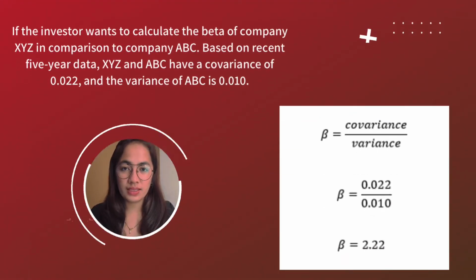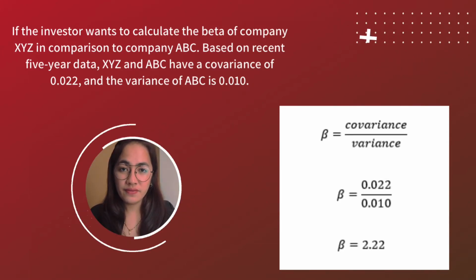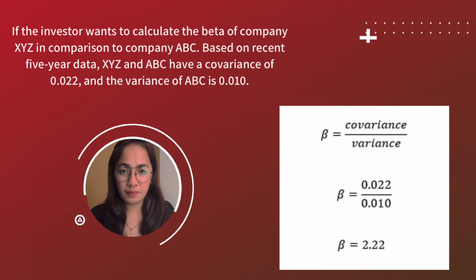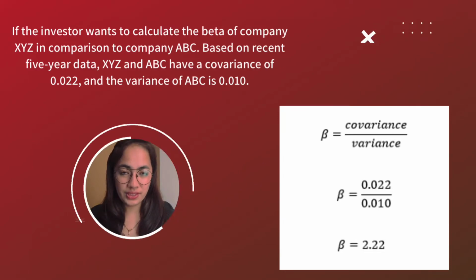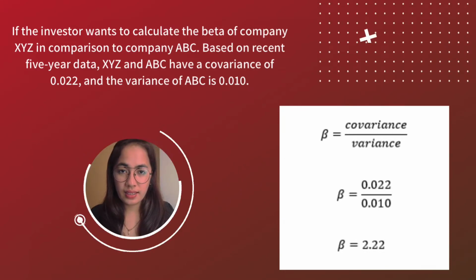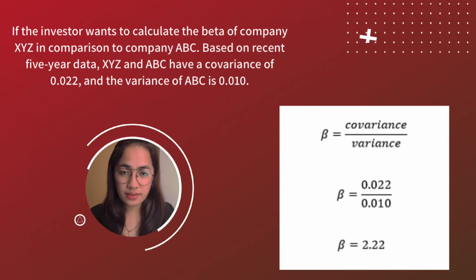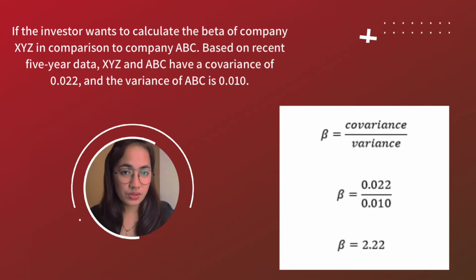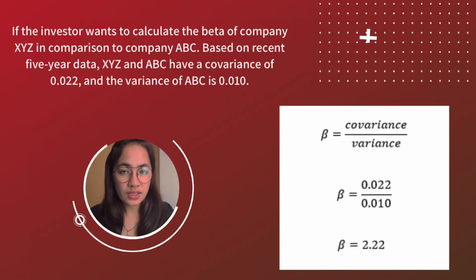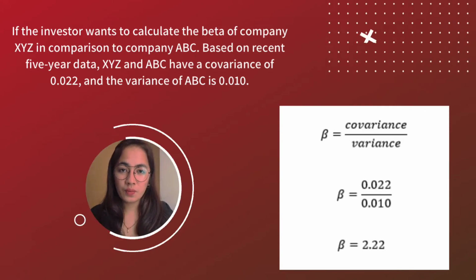from the average value. To understand more how to calculate the beta of the portfolio using the formula, let's say, for example, an investor wants to compute the beta of company XYZ compared to company ABC based on 5-year data. XYZ and ABC have a covariance equivalent to 0.022, and company ABC has a variance equivalent to 0.010. So calculating the beta using the formula covariance divided by the variance, it will result in